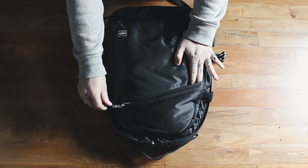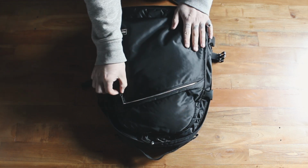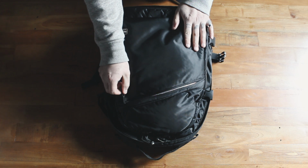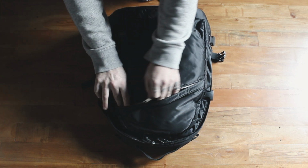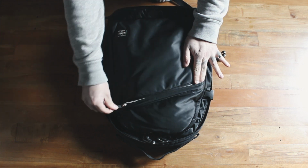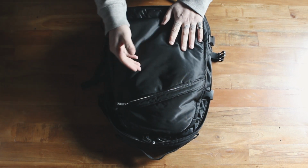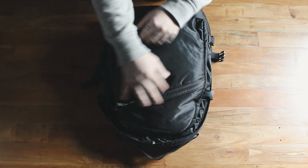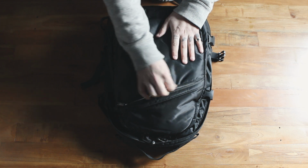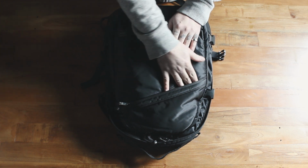So there's one zipper here in the front. Now these zippers are all YKK, but they're YKK metal tooth zippers. So they are not for the faint of heart. They're smooth as they break in. So they have broken in a little bit, and they're quite smooth as you can see, but at first they are just really toothy. You'll see metal shards flying all over the place, because when they're breaking in, when I say shards, I mean it literally looks like glitter. Not really a big deal, but